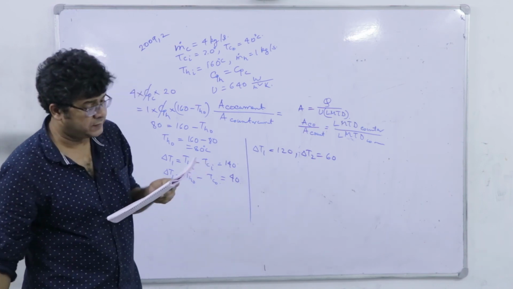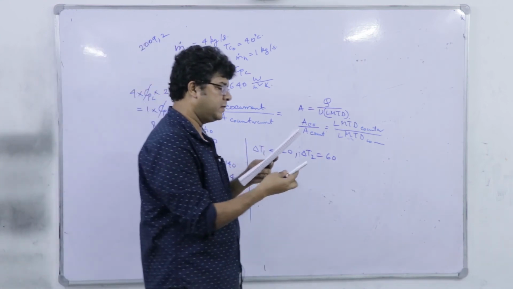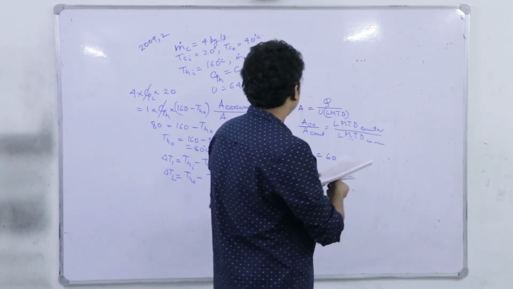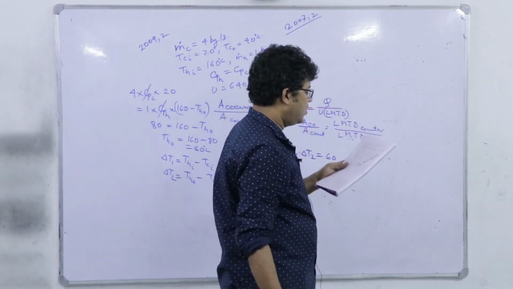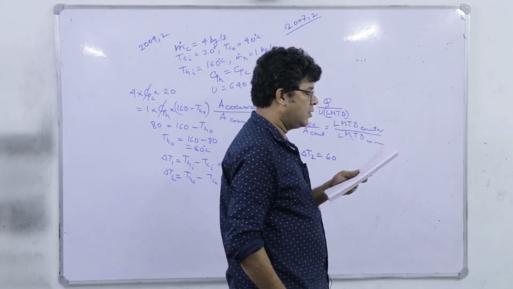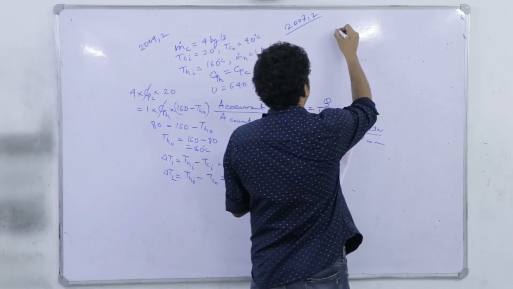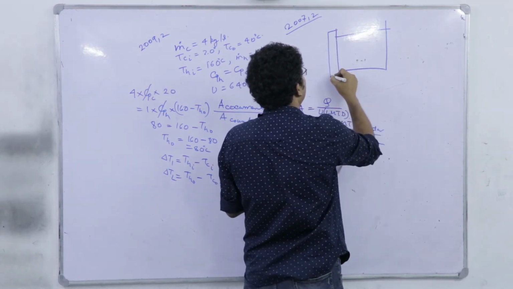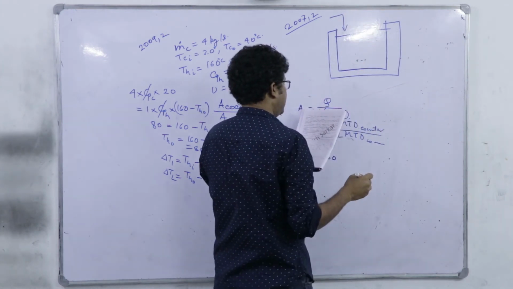This is quite an interesting problem and very, very conceptual. This is which year? 2007 probably. 2007, 2 marks problem. What is stated? The hot fluid entering a well-stirred vessel is cooled by feeding cold water through a jacket around the vessel. We have a vessel, we have a jacket. Okay. Hot fluid enters the vessel.